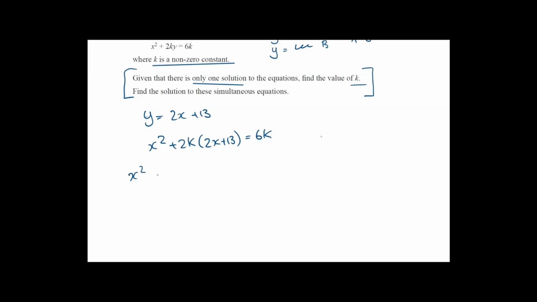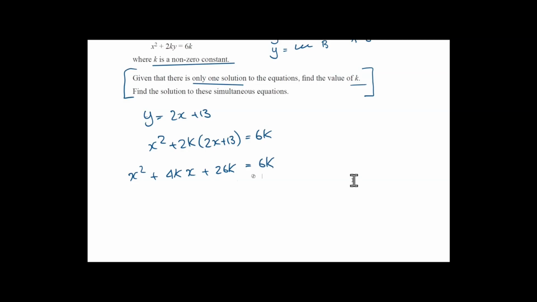So x squared plus, and let's expand out the bracket, 4k, and I'm going to have the 4k next to each other because they're both constants, and x is the variable, plus 13 times 2k is 26k equals 6k, and I'm going to take this 6k across, get it equal to 0,